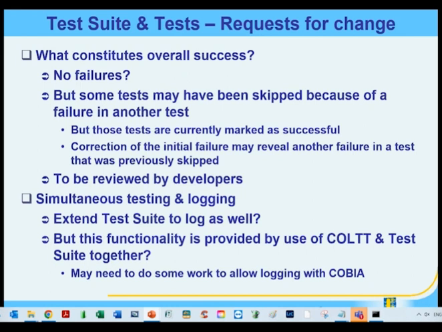And you may have noticed when I flicked through that report on the example I just ran, there were some things where it said success and gave an error message. One typical one there is you've got a failure in one test, which means you can't run another test because the other one has failed. But we report the other test. They may not be subsequent, it may go in either order. Because you can't finish a test, the error gets reported that says we haven't finished this test because there is an error in another test. But it's flagged as successful,